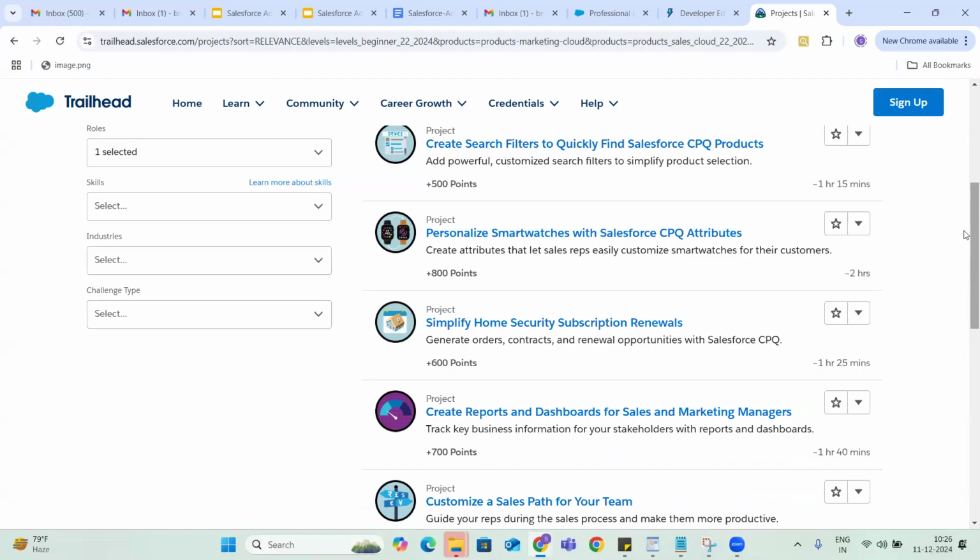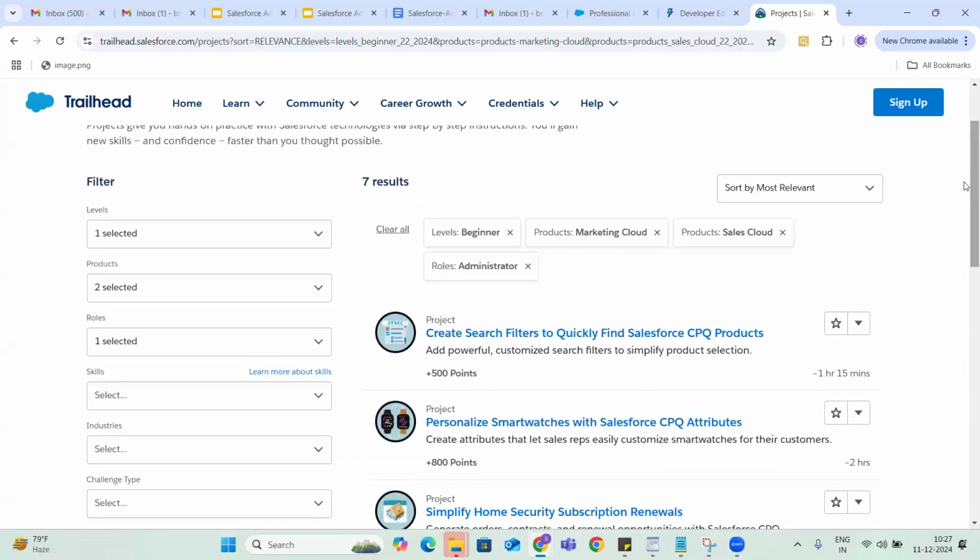If you practice hardly 3 to 4 projects from Trailhead, you will have hands-on experience, because these are all real-time requirement projects. So after you join a company, you won't feel like it's new. At the end of our course, we are going to take some of these projects and do them.